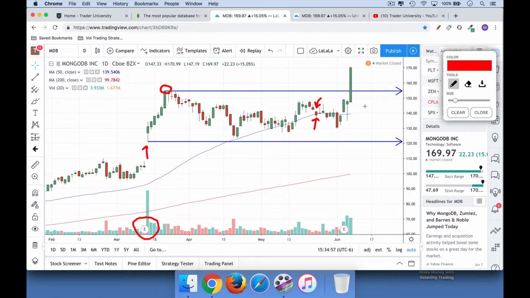So basically, you have a high that's been put in. That's what this blue line is. This high here was at 154.74. And then you can see on Friday, just yesterday, we had a breakout above that level, which is quite significant. And so when you see something like this, when you have a breakout to new highs intraday, if you're scanning for stocks like this, or you have a watch list and you're watching stocks like this, you can profit from the move. So in order to do this, we're going to move now to a 15-minute chart,